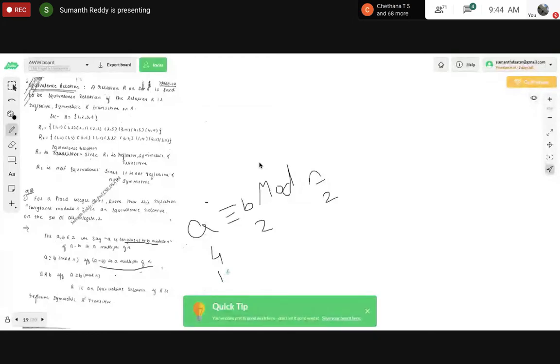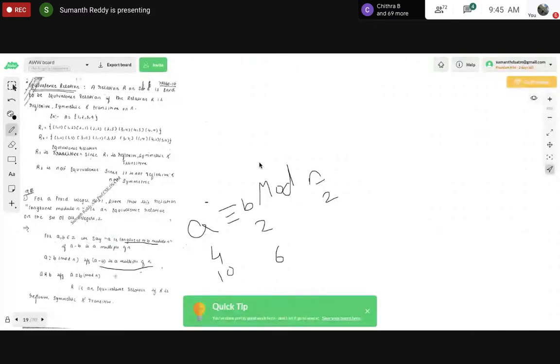Suppose I take 10 and 6, yes, 10 is congruent modulo 6 mod 2. Why? Because 10 minus 6 is 4, which is a multiple of 2. Yes, it is a multiple of 2. So in this way, that is the relation, that is the operation. That is about the congruent modulo. So no need to think much.